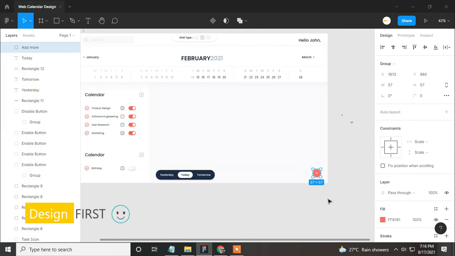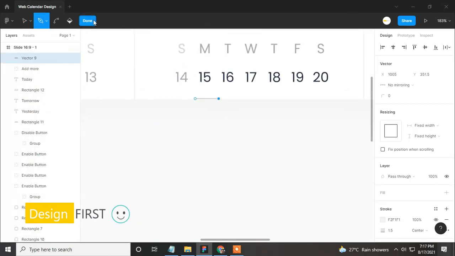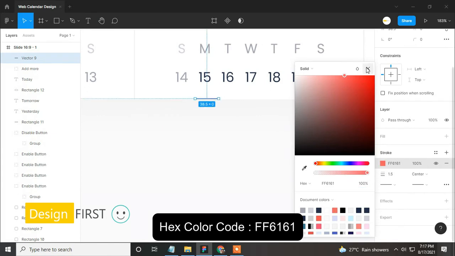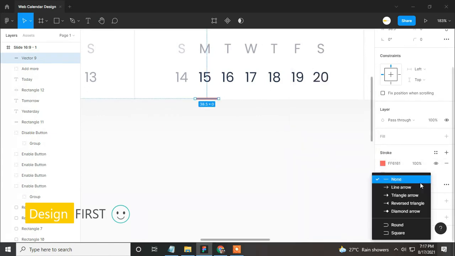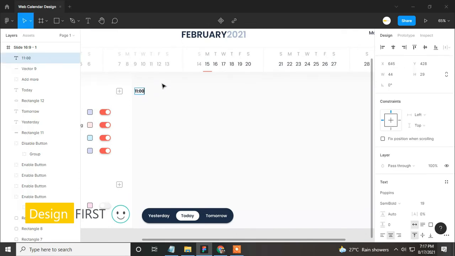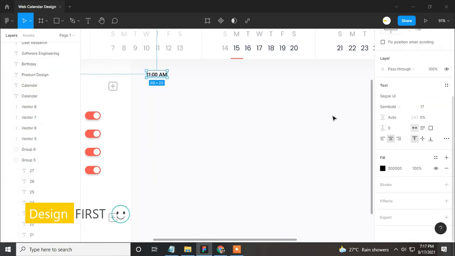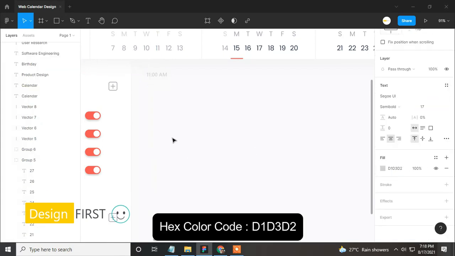Bring the add icon in the frame. Arrange it. Select the pen tool, create a horizontal line, then change the color, give the stroke of 3. Now do the edges curve. Select the text tool, type any time like 11 am. Change the font into Segoe UI and give it a size of 70. Next, change the color of text, arrange it.